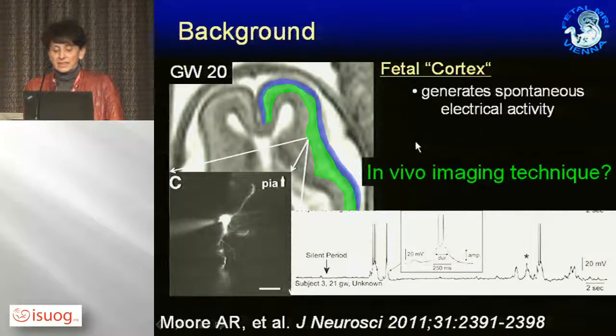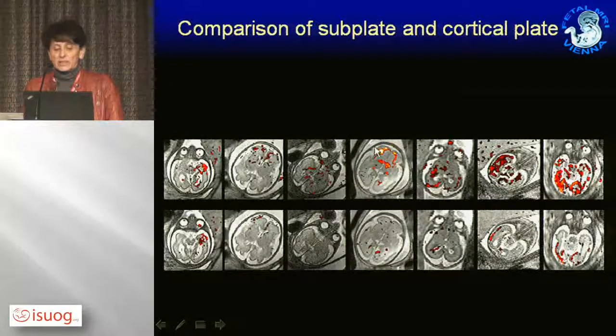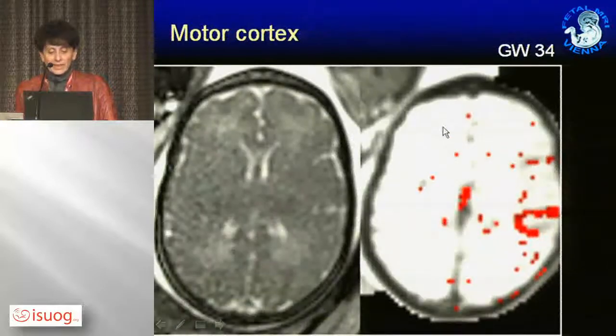And then we did another test. We put a so-called seed in the cortical plate, this is the lower row, and in the subplate. And when we put the seed in the subplate, there were more regions firing than in the cortical plate. So what we are looking at mainly is subplate activity. And in the meantime, we are also able